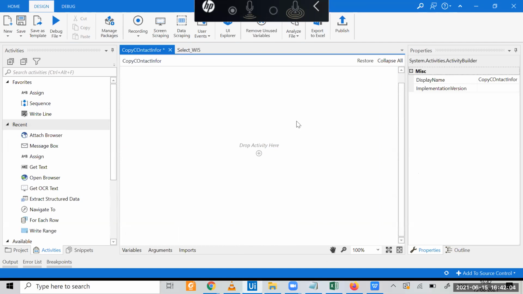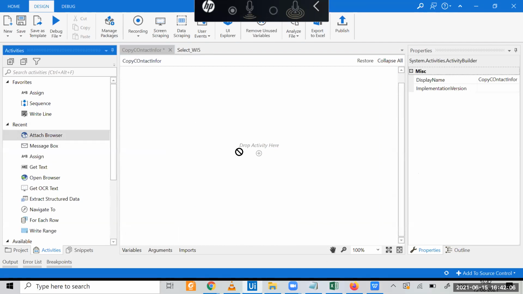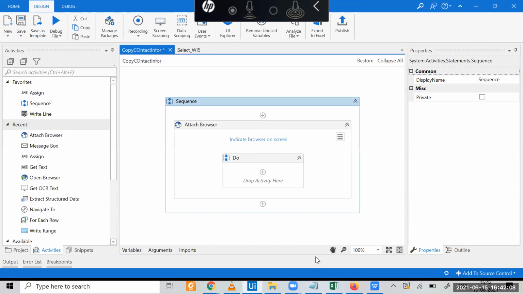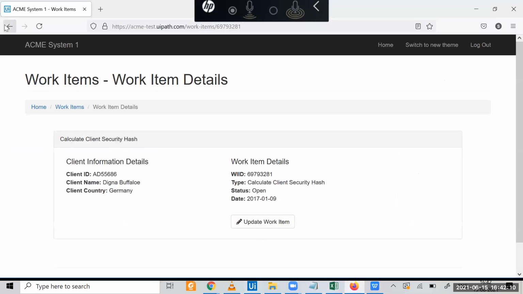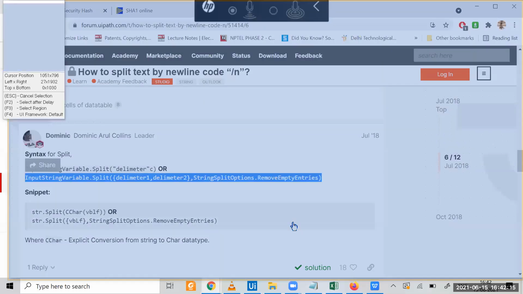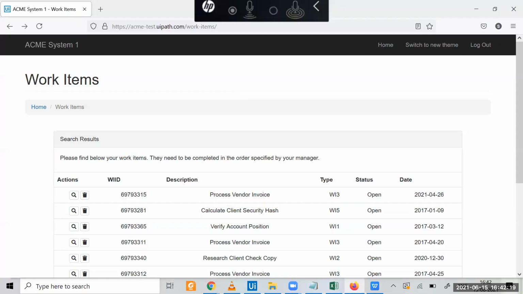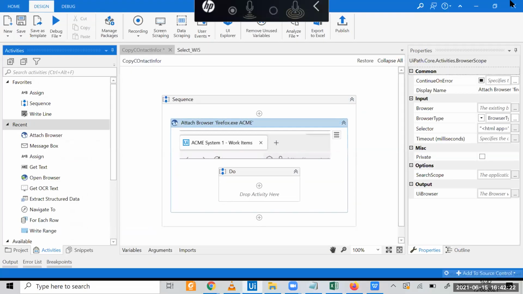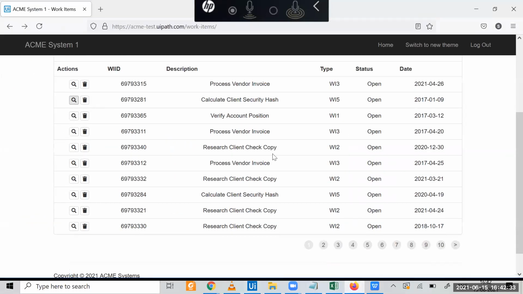Okay, so what I am going to do, first I am attaching the browser. I'm going to indicate what my browser is. Which page do I want to hit? I want to hit this page, my Firefox. Okay, I attach the browser first. Now, what will happen if you see in this browser, this WI5, correct?